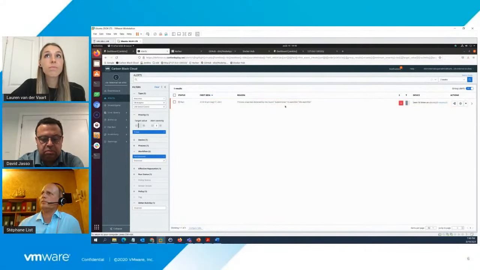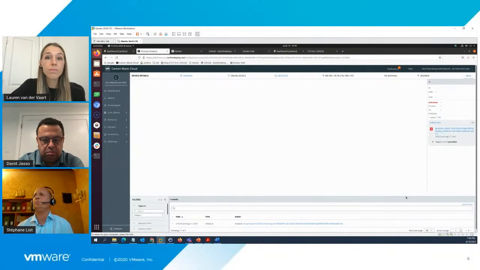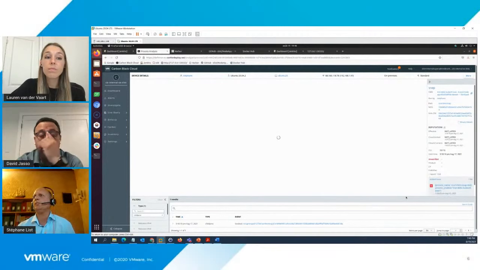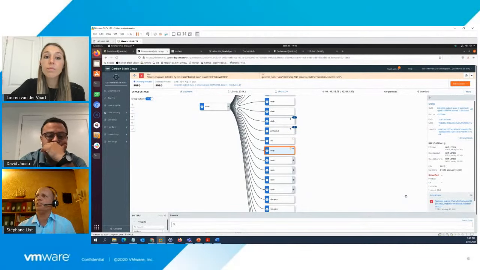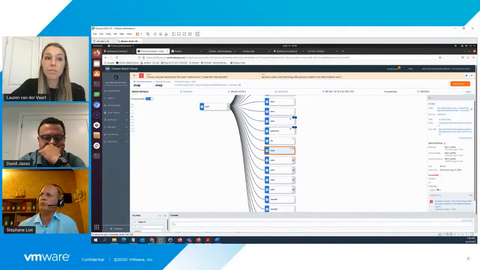In this kind of alerts, I can go really deeper and see all the process tree. I can see what is the application that is running the kubectl exec. So in my context, I can see that the user, Stefan, tried to execute microk8s kubectl exec, and he tried to execute bin bash.